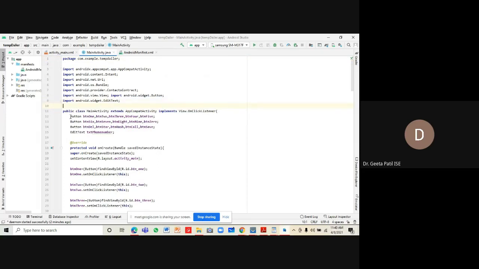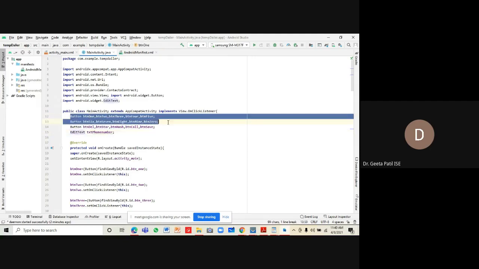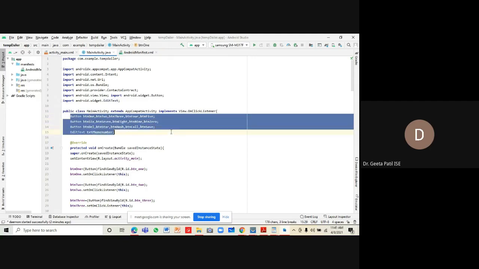So we start with our onCreate, with our MainActivity. In MainActivity, in order to set a proper connection, a proper reference to the components available in our XML file, we have created these objects.